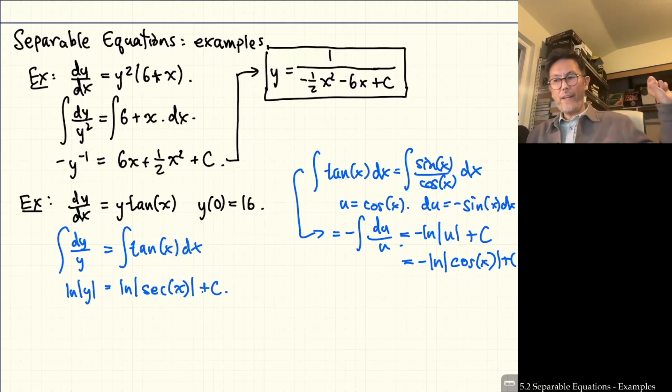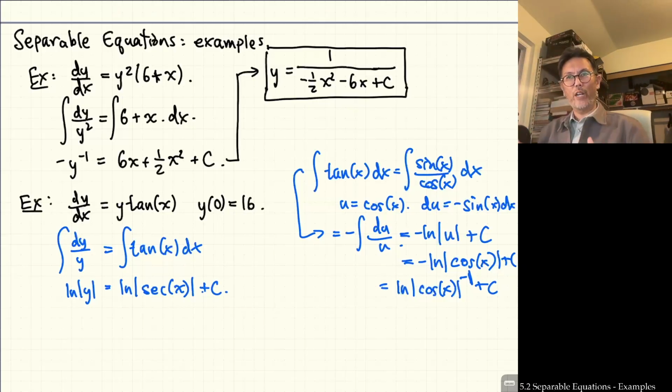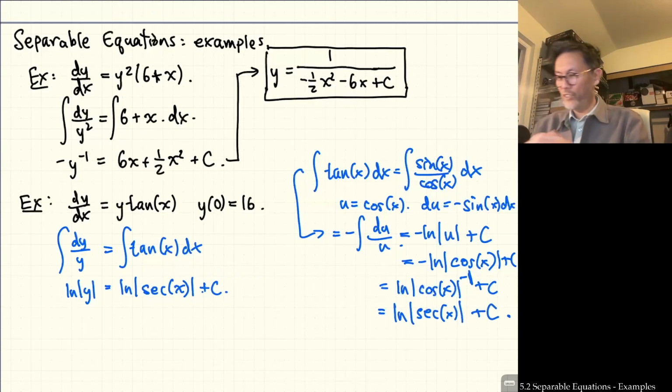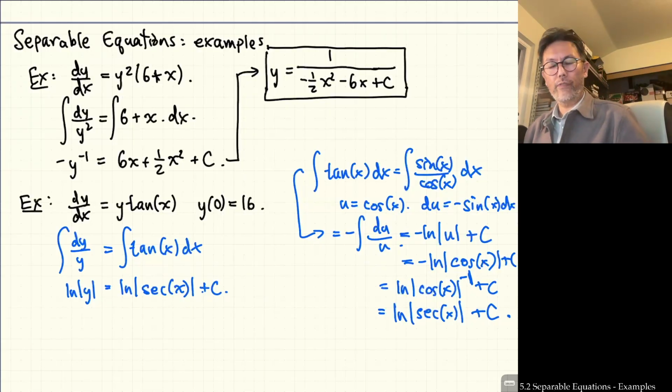But when you have a constant out here, you can move that into the exponent position by rules of logarithms. To the negative 1 power. But raising something to the negative 1 power is the same thing as taking the reciprocal of it. So this is the same thing as the natural log of secant of x, or the absolute value of secant of x. This is just review, okay? Just review. But this is how we get here. Okay, now the question is, how do we solve for